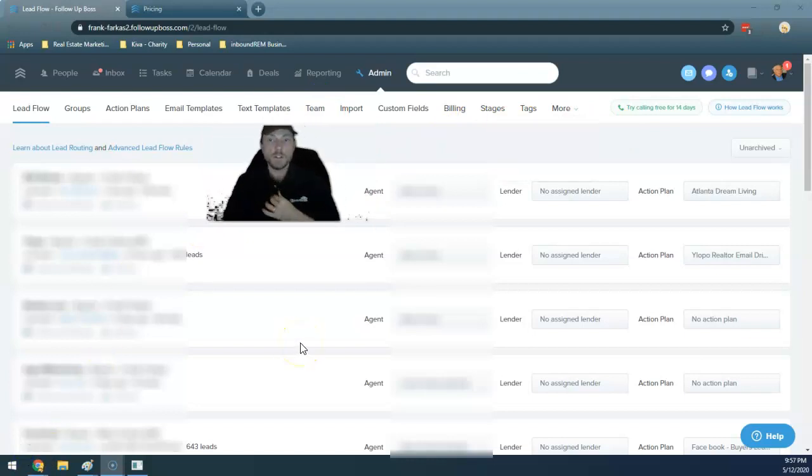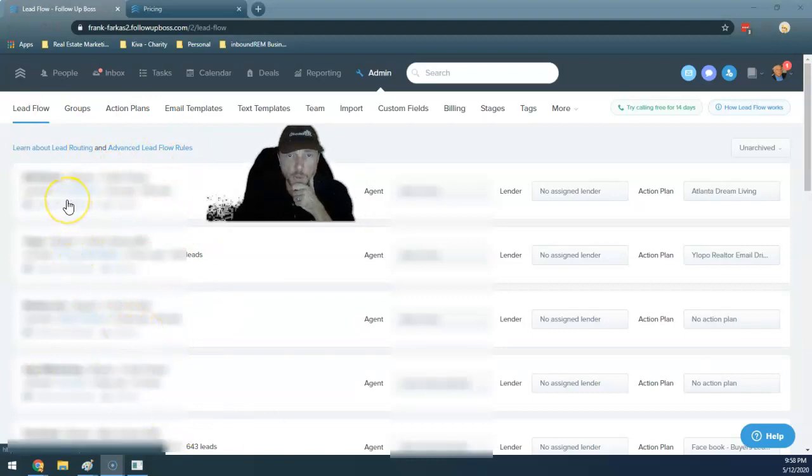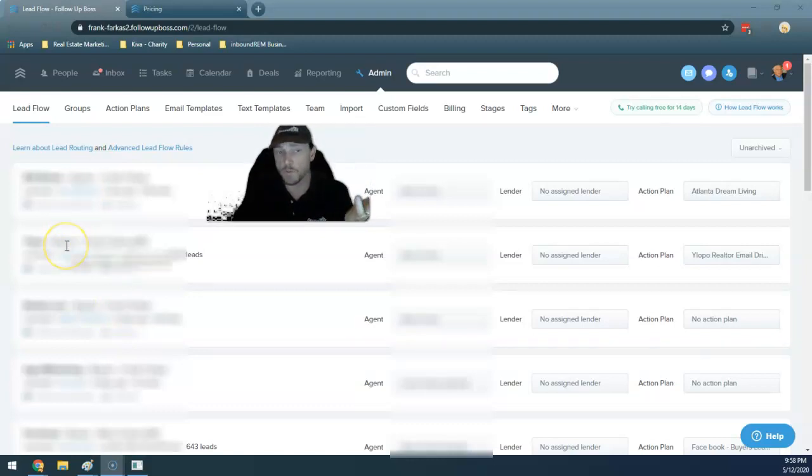Lead flows is one of the most exciting parts of Follow Up Boss, or maybe I'm slightly over exaggerating. But in lead flows, Follow Up Boss is an incredible tool because it can take 9 or more different sources of leads and organize them seamlessly in one place for you. So this particular thing, which again may be blurred out, but I promise you I'm not making this up, just in the last 4 leads that this particular customer has generated, you have one from IDX Broker, which is the website that I manage for them. You have one from YLOPO, you have one from Realtor.com, you have one from Agent Marketing, and you have one from Facebook. So it's 5 different sources in just their last